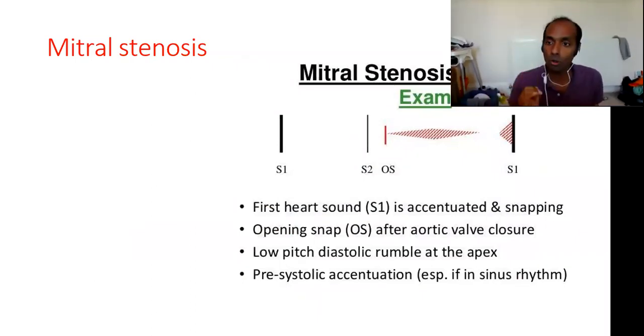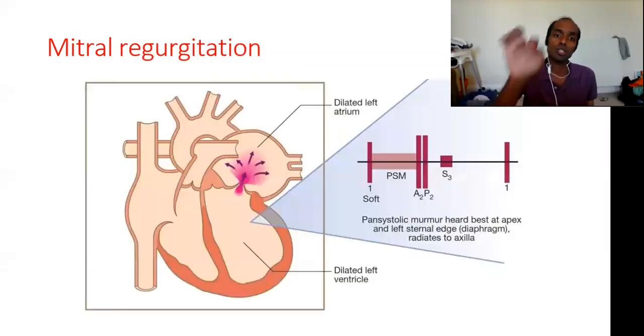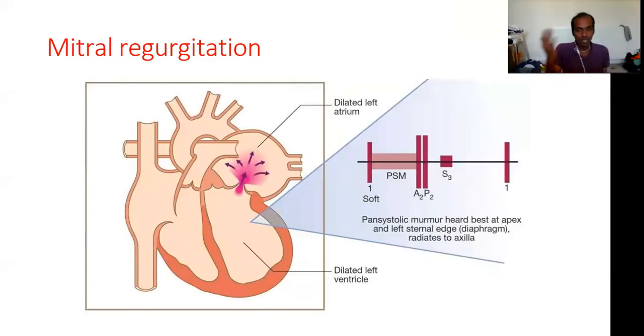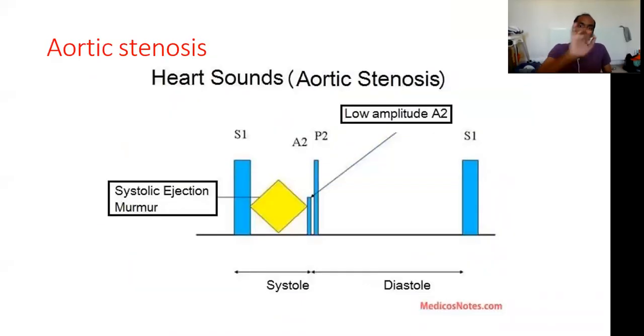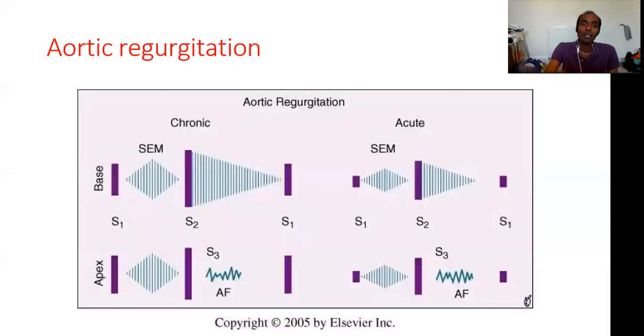Rup tuck. Low pitch rumbling mid diastolic murmur in the mitral area, loudest one. Might have presystolic accentuation. Mitral regurgitation: mitral area radiating to the axilla, pansystolic murmur. Aortic stenosis: ejection systolic murmur, aortic area radiating to carotids. Aortic regurgitation in the sash area, aortic area to mid-sternal edge. Okay, and that sounds like